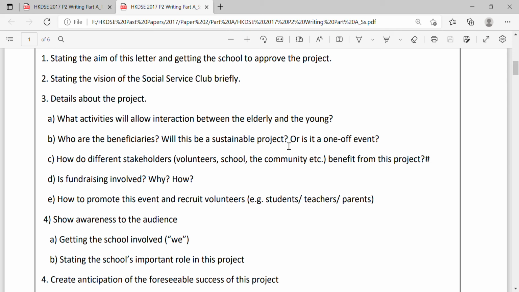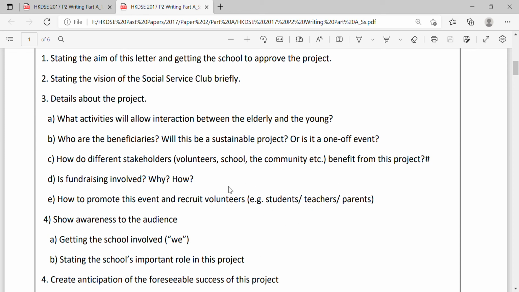I would assume that you are inviting students, volunteers, but of course you can also invite teachers and parents because you've got the PTA and the Alumni Association as well. So you don't have to put a lot of burden to the students. You can have the students to visit them twice. I think twice would be nice because the elderly would be able to recognize these students and feel familiar. I think twice for each group will be nice, but of course, in reality, it might be very difficult.